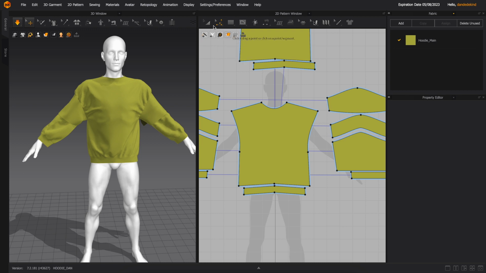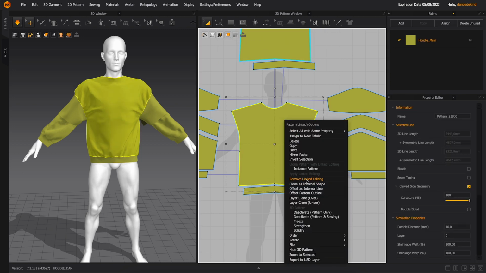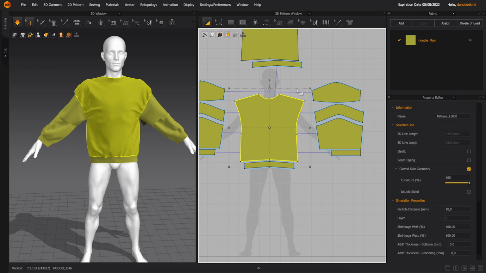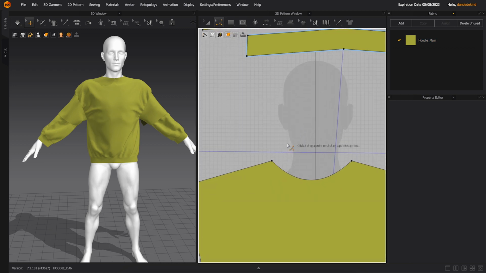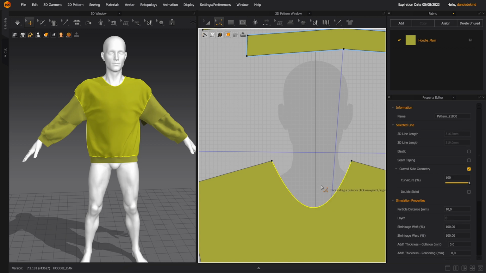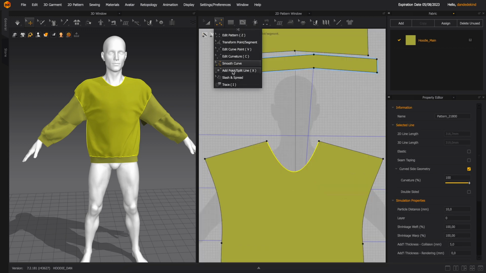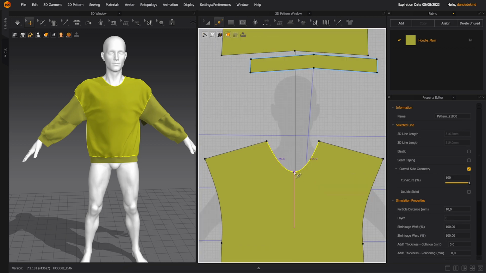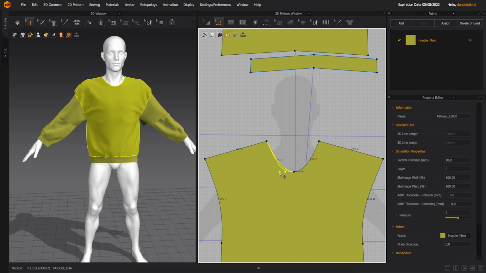From there, we're going to remove the linked editing feature, which will separate the back from the front of our garment. You'll now be able to adjust the front without affecting the back. To adjust the neckline, we're going to use the smooth curve tool. This will allow us to create more of a curve on the front neck. Once we're happy with that, we're going to use the add point and select a piece in the middle. This will be helpful for later when we set up the hoodie. Once we're happy with that,